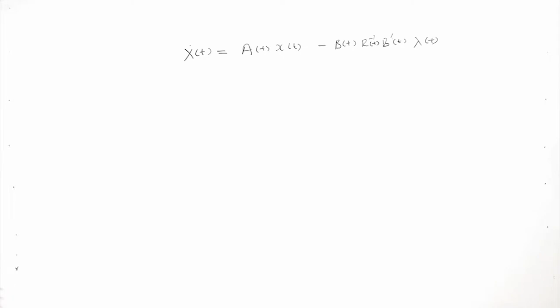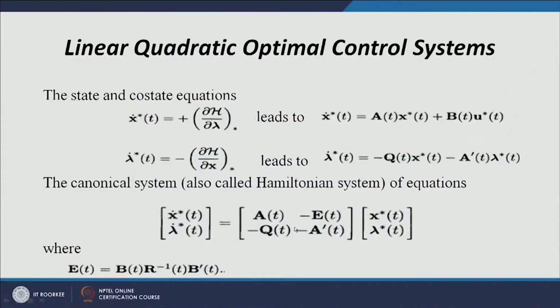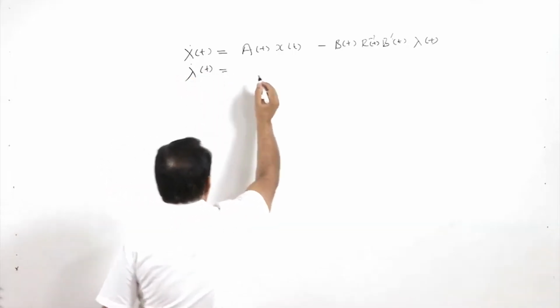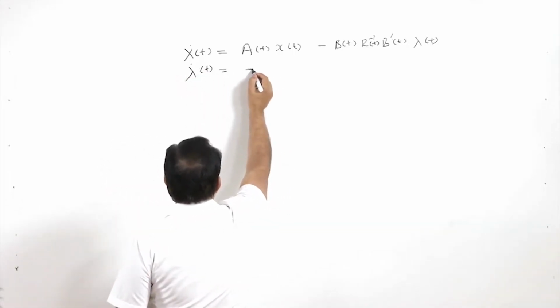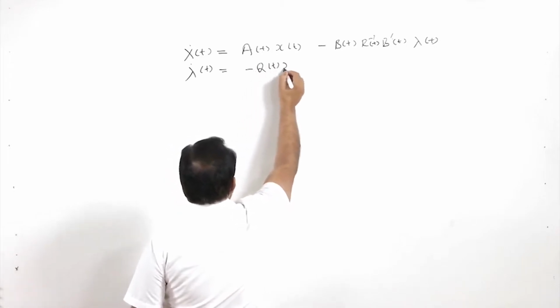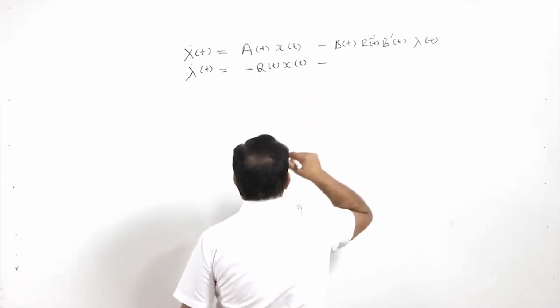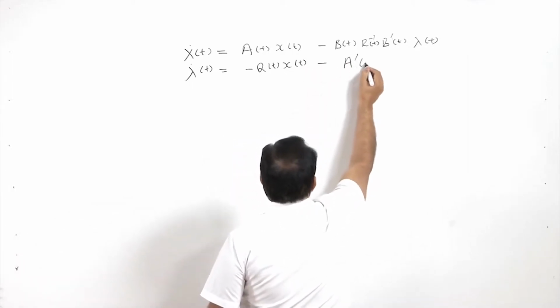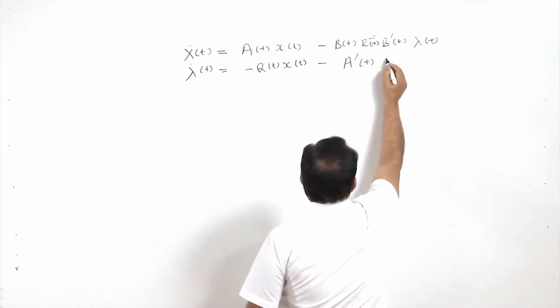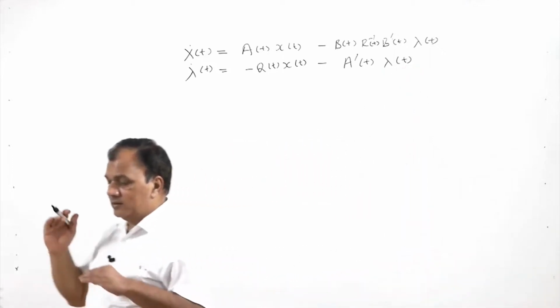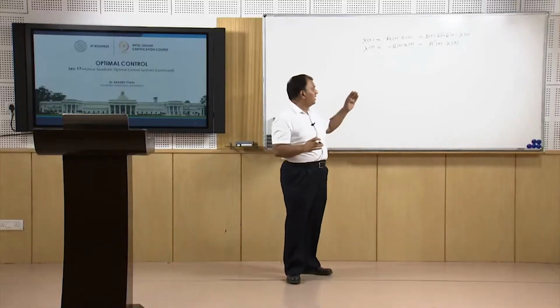So this is my first equation, A t x t minus E t lambda t, where E is B R inverse B prime. And my co-state equation is lambda dot t equal to minus Q t x t minus A transpose t lambda t. So I have the state equation as well as my